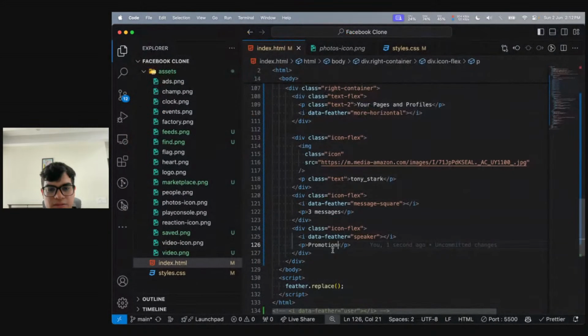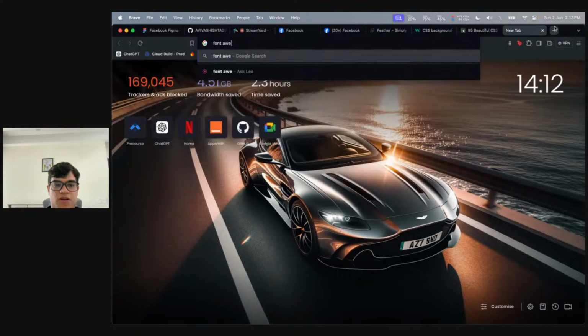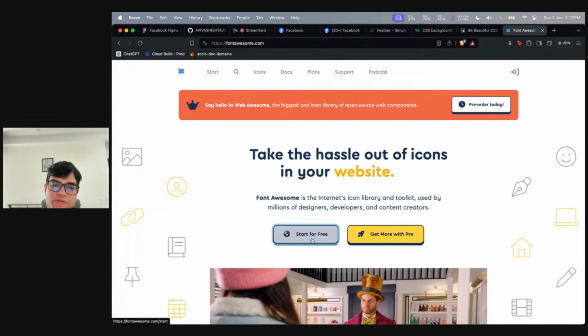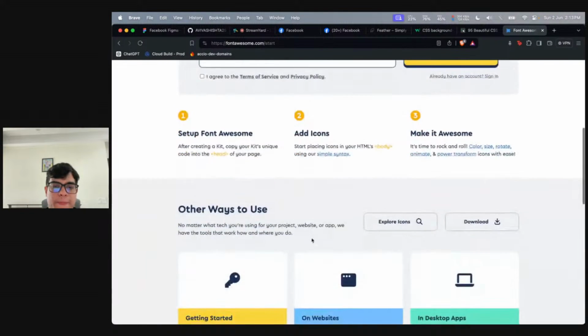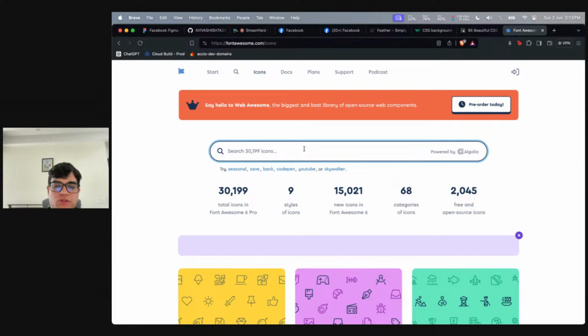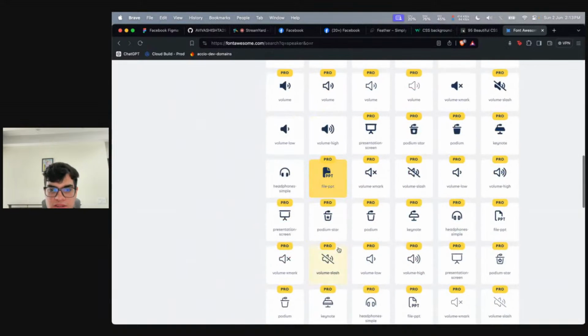Oh, I actually, my bad. There. Right, now the thing is, yes, we can use Font Awesome also. Font Awesome is something that we can use, but I thought we would be done by using just this. So Font Awesome is also the same thing, guys. All you need to do is it'll give you something that you can add in your head tag, and you can use these icons then, right? So over here, I think if I say speaker, we will be able to find multiple icons. So mostly speaker is this only, but